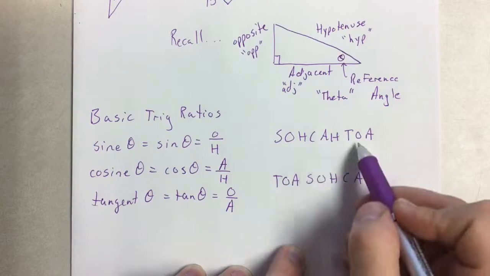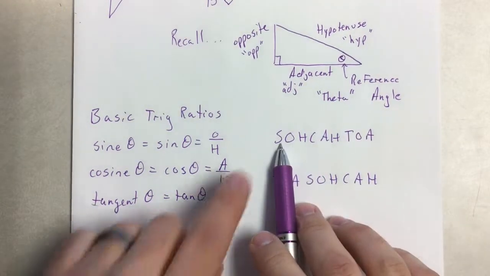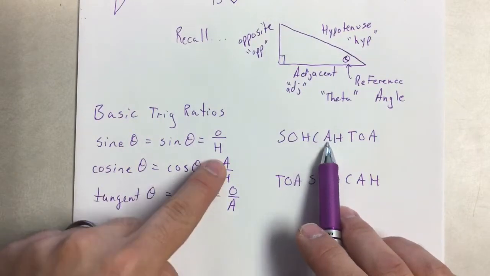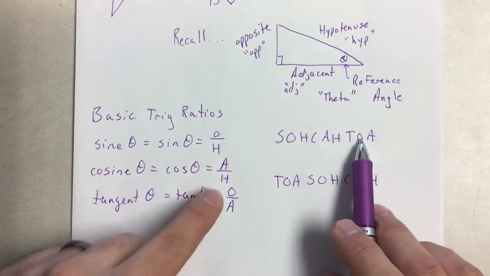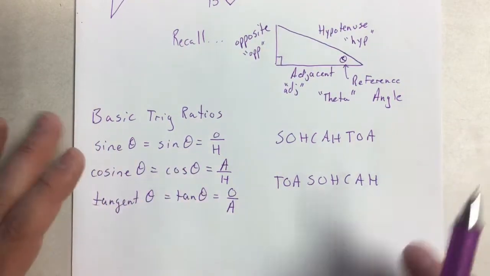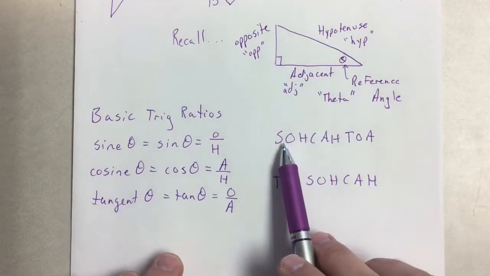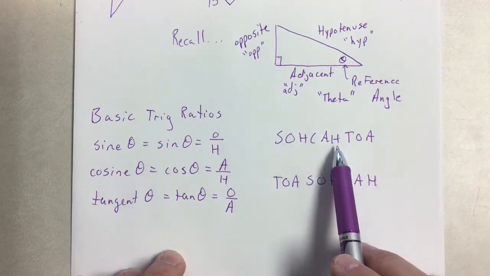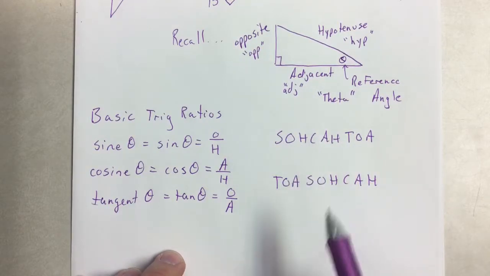Okay, so as I wrote this out, sine is opposite over hypotenuse, cosine is adjacent over hypotenuse, tangent is opposite over adjacent. And it's really the same thing here, just put in a different order. So when you say this, we say this one is pronounced SOHCAHTOA, but in my opinion, when I say that,